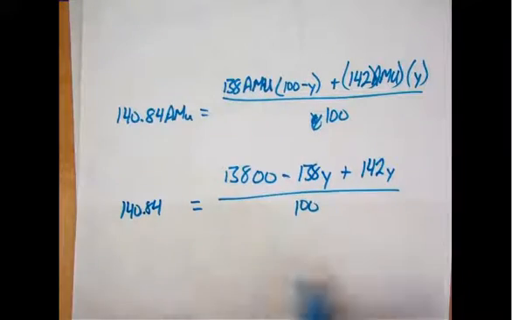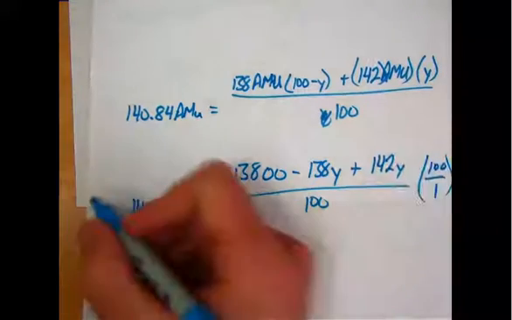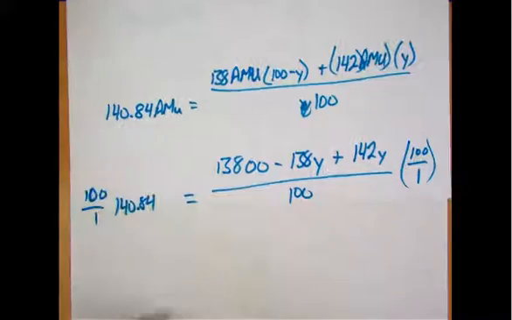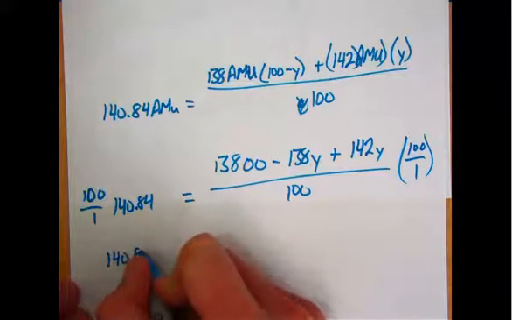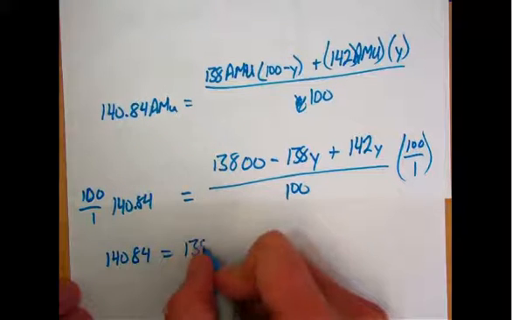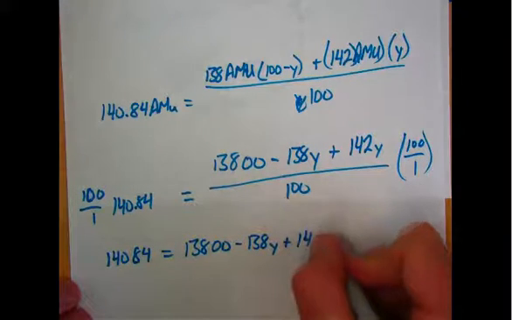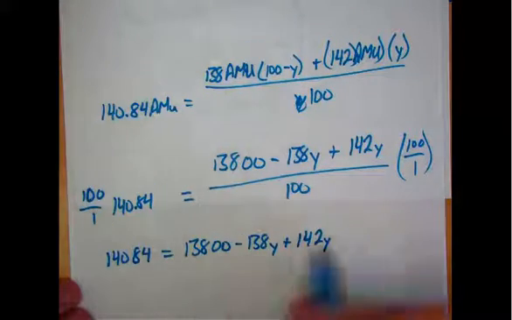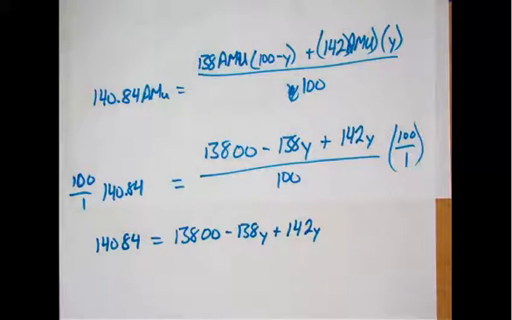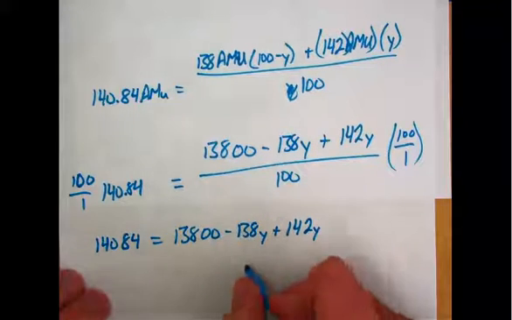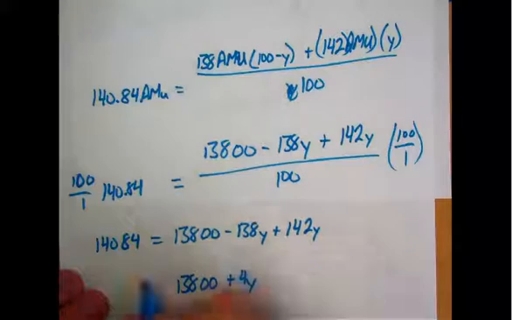140.84. Now we can multiply each side by 100. Whatever you do to one side, we have to do to the other. So that gives us 140.84 equals 13800 minus 138y plus 142y. Now we can reduce these. So negative 138 plus 142 should give us a positive 4y. Equals